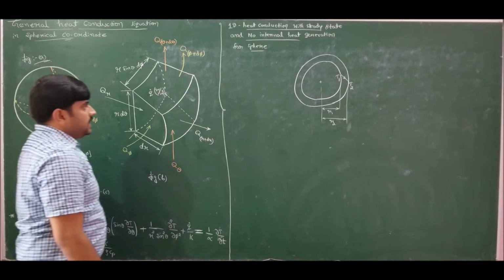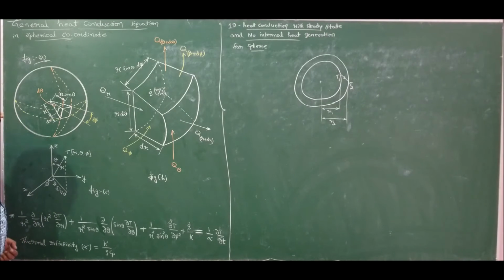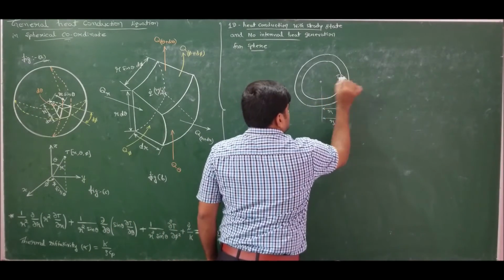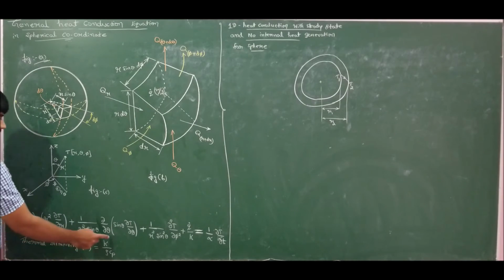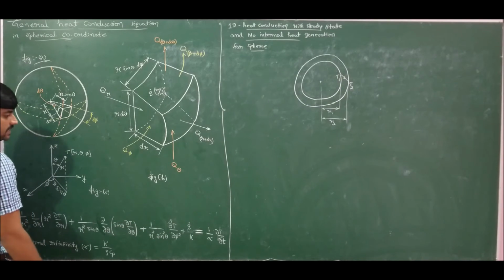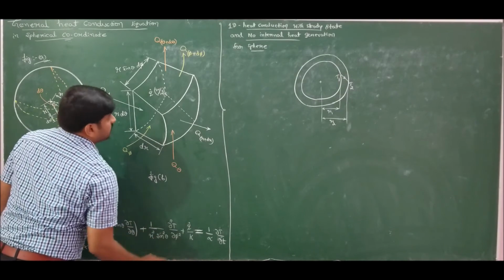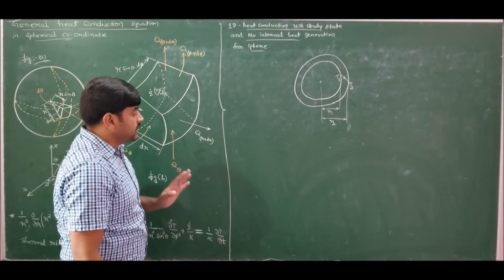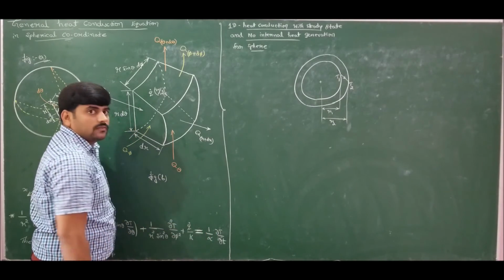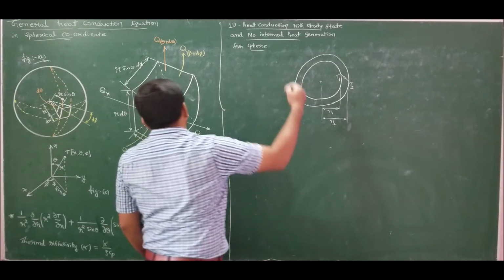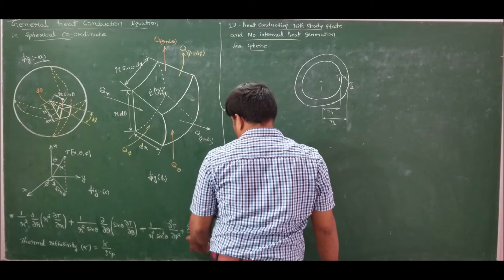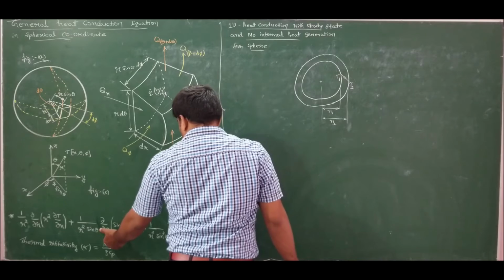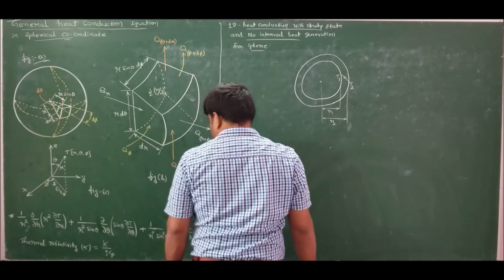Now if I apply the conditions, it is one dimension. So I will take the propagation of heat in the radial direction, that is in the r direction. Therefore I neglect the θ and φ terms. With no internal heat generation, the second term will also be neglected. For steady state analysis, temperature is a function of space alone. It is independent of time. So therefore the RHS will also become 0.